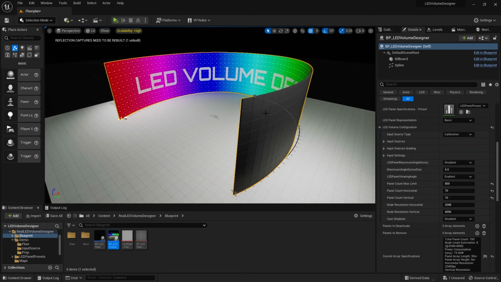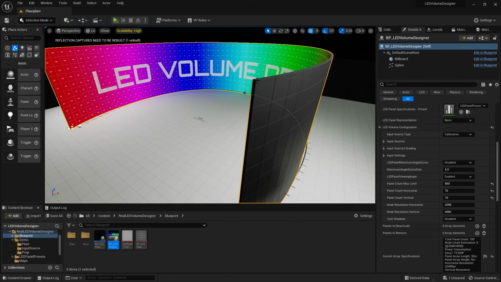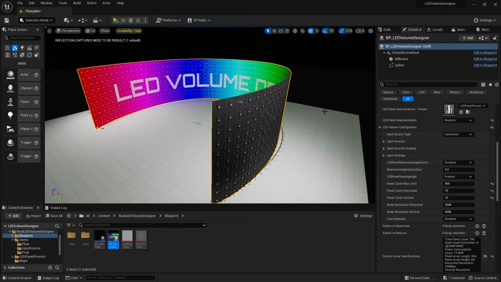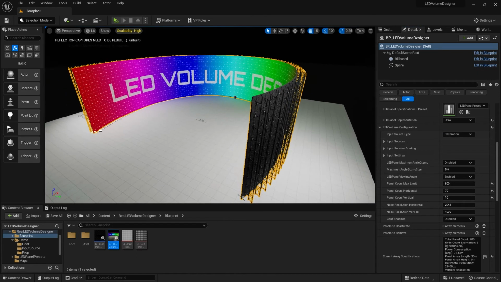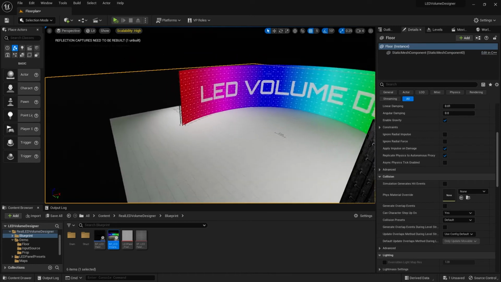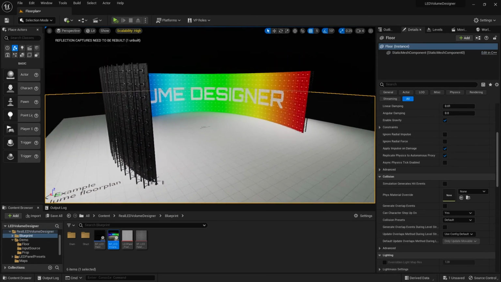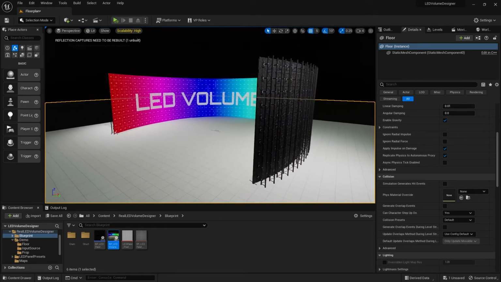So the LED wall, the panels have different representations. You can just represent them as a basic panel like this. So this is correct to the scale of the preset. Or you can make them realistic, which will give them a realistic back to them, if you prefer that. Or you can switch to Ultra, which includes the scaffolding as well. So that's just a nice little bit of eye candy extra that you have there. So once you've set all that up,